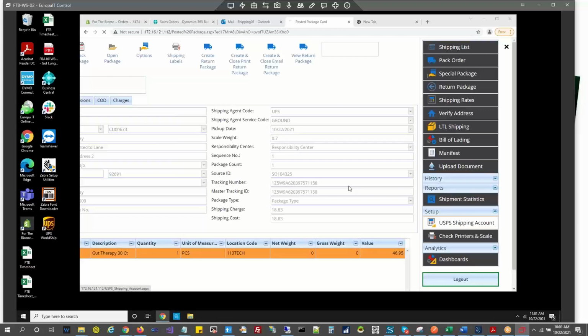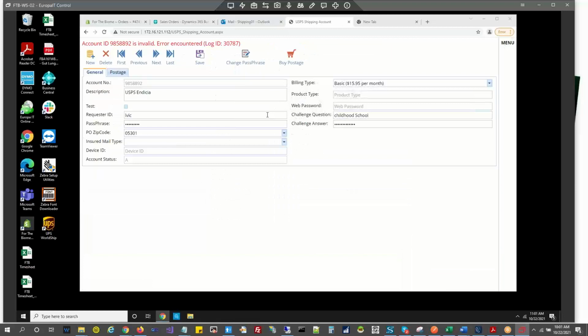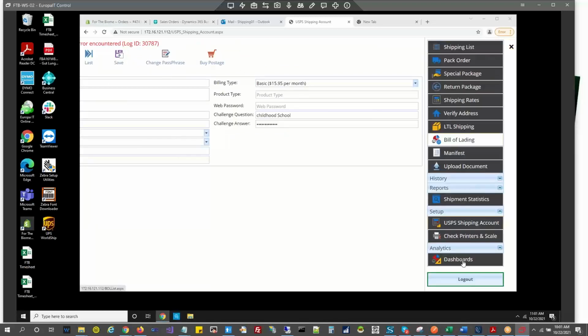So this is something like when you have changed your password for this USPS account, you can navigate here and you can see whether it is validated or not. If this message is still showing, then it means that this is not valid. Okay. Yeah, we'll get on that after we get off with you.